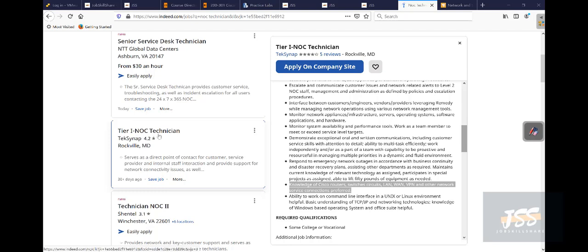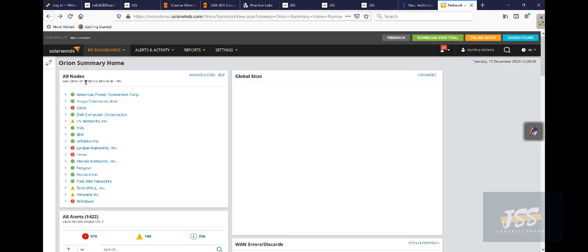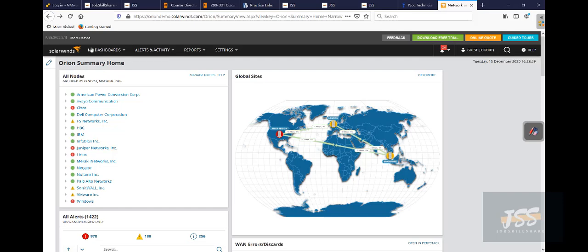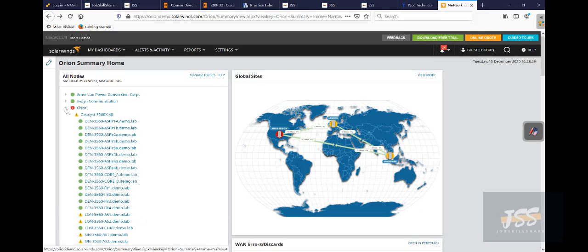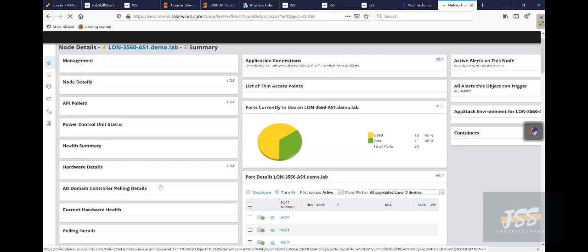For example, a Tier 1 NOC technician may not be just a level 1 help desk. This could be a person who is doing multiple things. Mainly, you may be monitoring a company network through some kind of monitoring devices, like for example this one. You have a site and you have access to different companies in that system. You may be monitoring multiple companies, and if you get into a company and see that there's a Cisco alert going on, everything is good over here and there's something wrong over here, you may need to get into that, and you as a NOC level engineer will then look into the information.